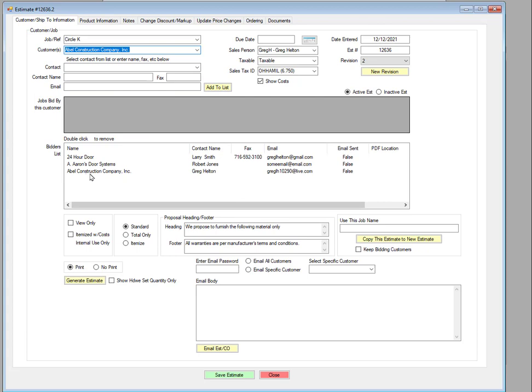So now I have a third customer bidding this estimate, but this time it's going to use my email address so that I can test this. It'll send an email to me. All right, now you can see we have a couple things here. Right there it tells us that no emails have been sent for any of these customers. In this PDF location, this column is blank also. We need to generate the estimate first, and that's a PDF file for each one of these customers